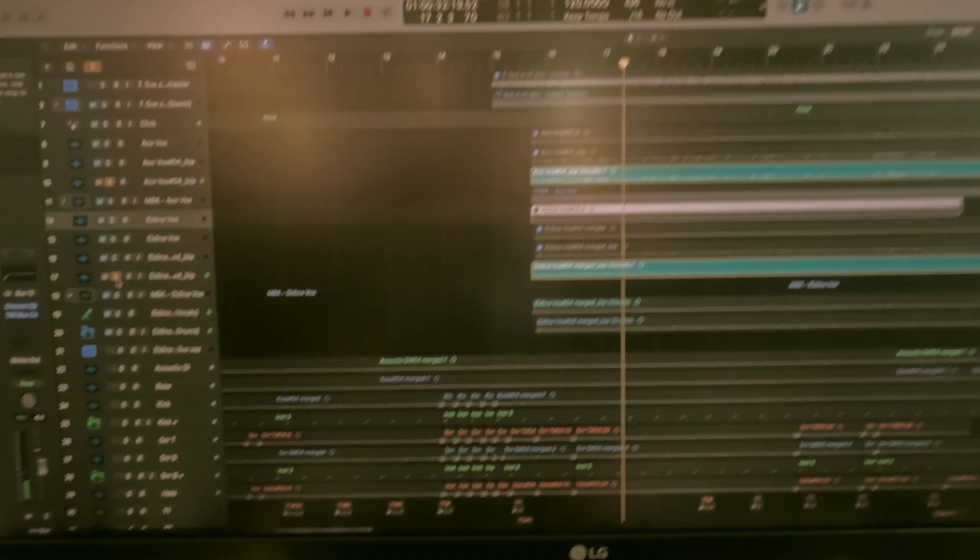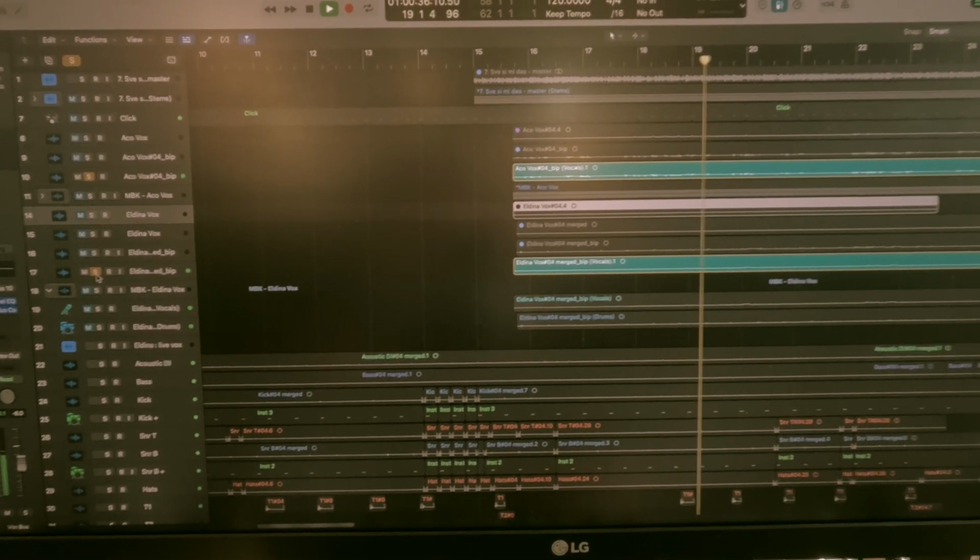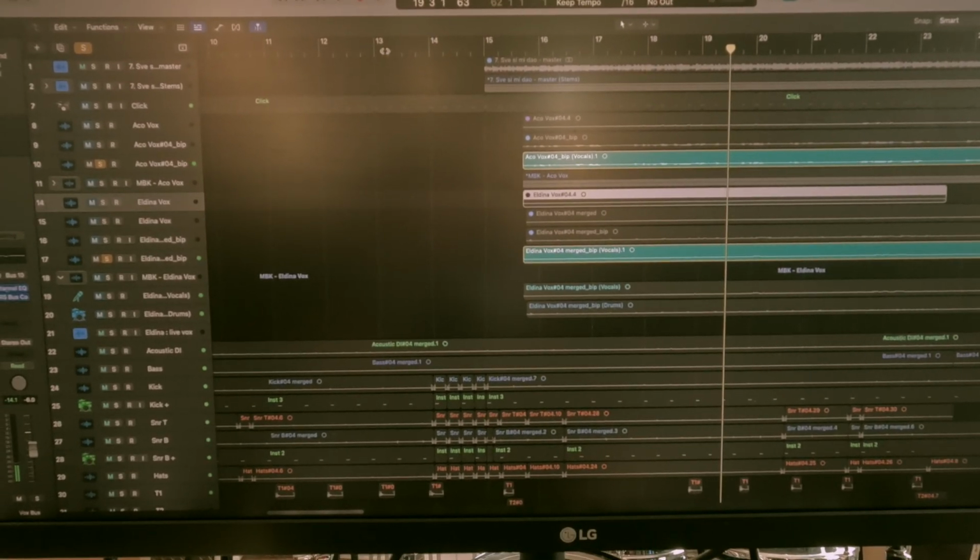So this is the two bits of vocal without the drums. And then if we put the whole track in, we can hear